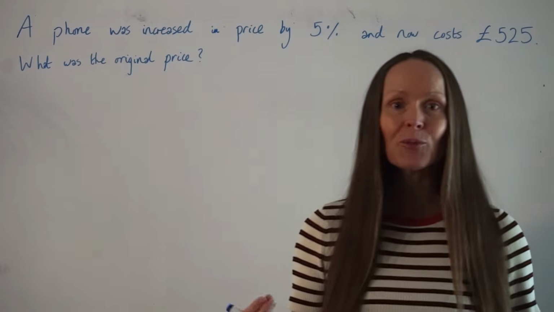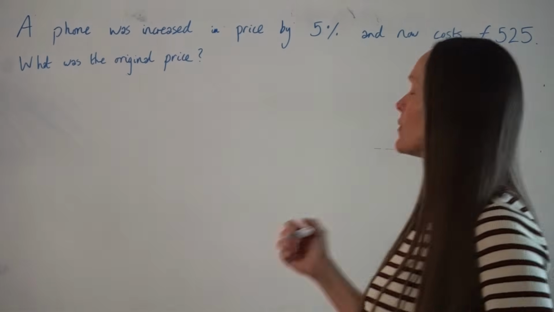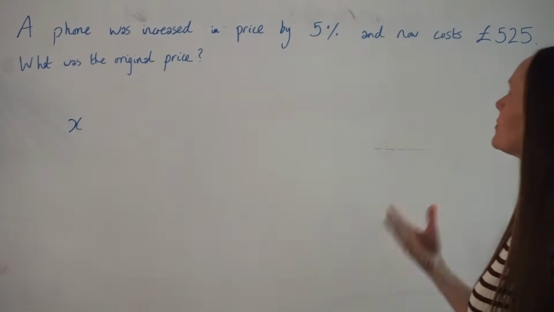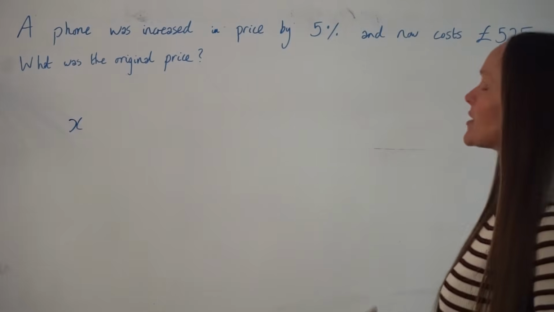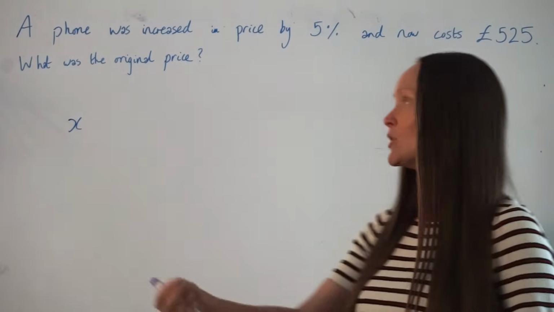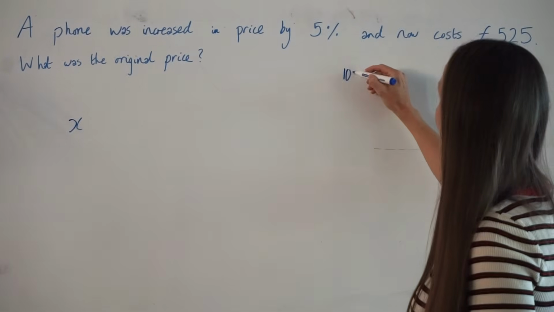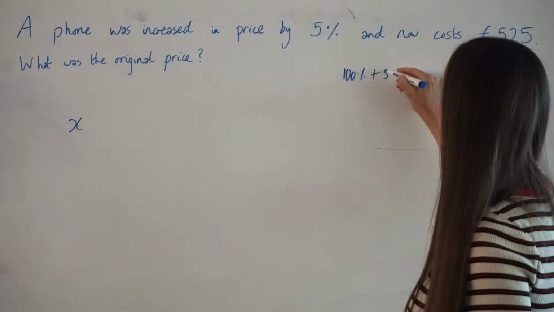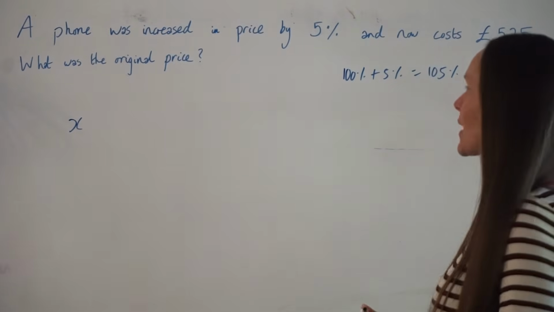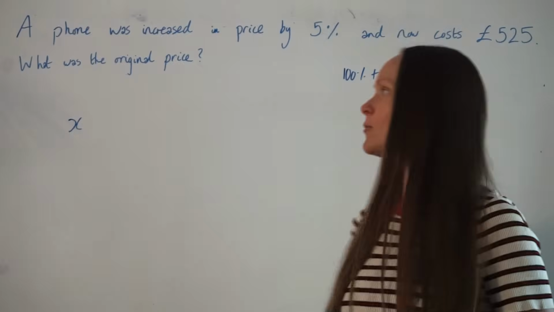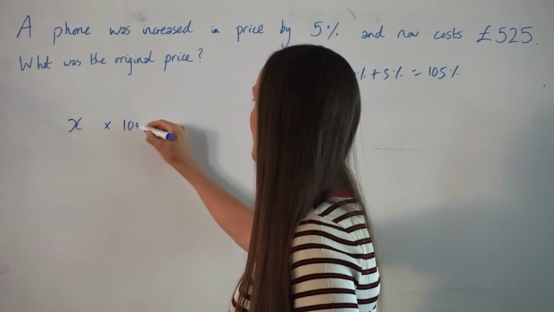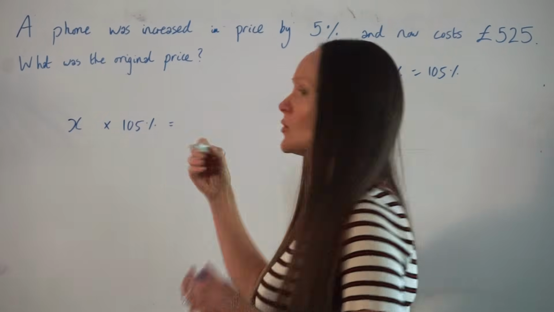What was the original price? So again, let's call the original price X. And this time, there's an increase in price by 5%. So this time, the new price is 105% of the original price, since 100% plus 5% is equal to 105%. Okay, so if we're working out 105% of the original price, we're multiplying X by 105%, and this equals the new price,